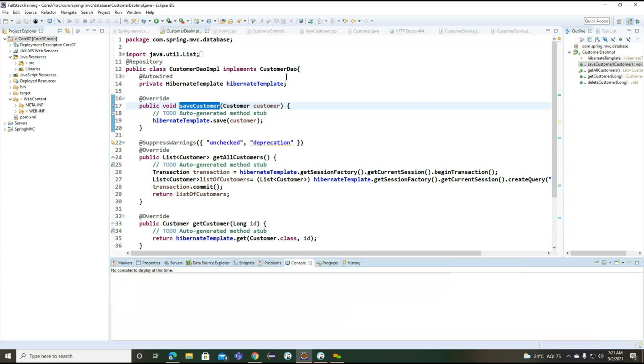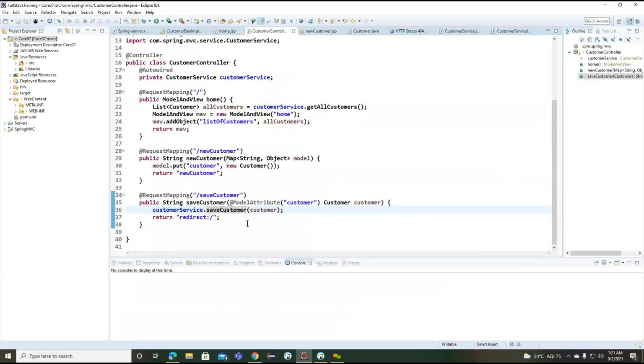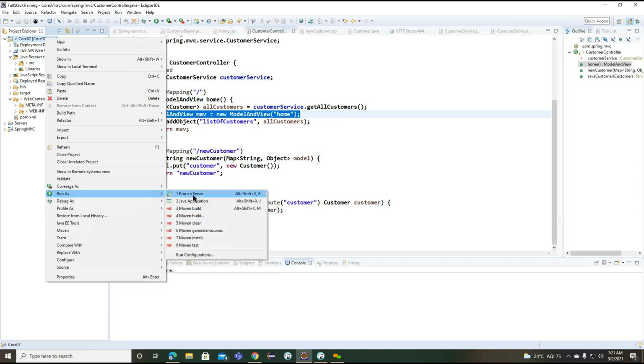Now we need to understand whether this application is going to save successfully or not. Once it is saved, we are redirecting to the home page, and whenever we redirect to the home page, we load the object information, getting the point, and we'll try to return that object information. Let's see.